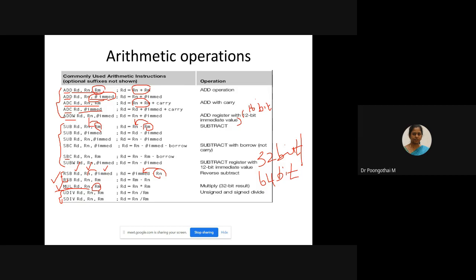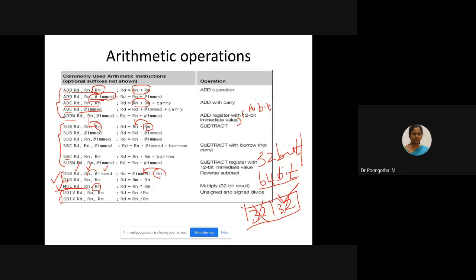This instruction discards the upper 32 bits. Suppose the result size is 64-bit, it discards the upper 32 bits of the product and gives you the bottom 32 bits as the result. You will get only the LSB part of your result in case of this MUL.